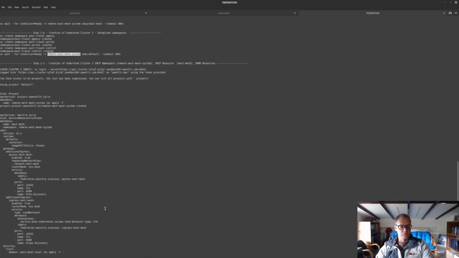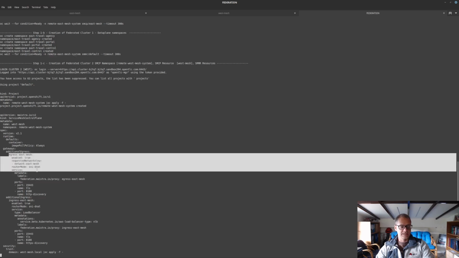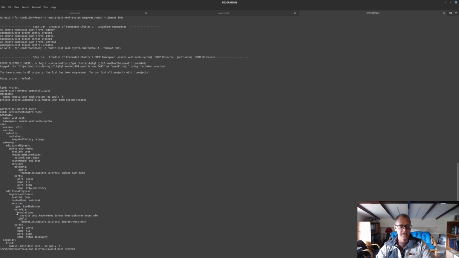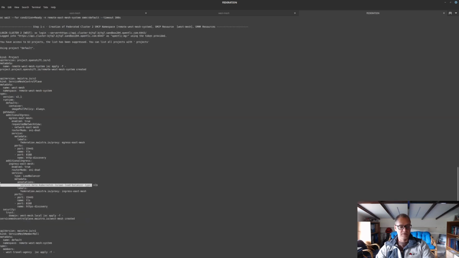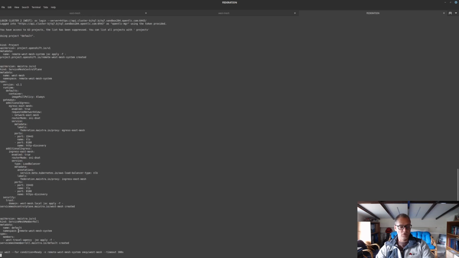Now we move on to set up the service mesh on the west side. Again, we set up an additional egress gateway, so that we can communicate to the east mesh, and additional ingress gateway to have communications coming from the east mesh to the west mesh. And again, the annotation, so we can identify the AWS load balancing service for these communications. We set up a service member role for only one data plane namespace. This is the only one on the west side that we require, and we wait for the west mesh